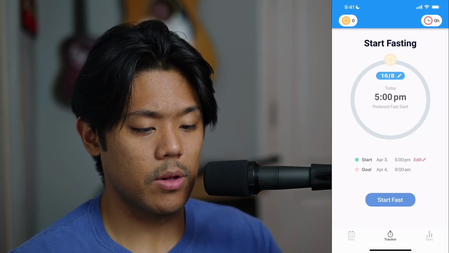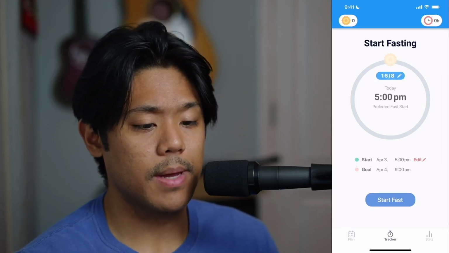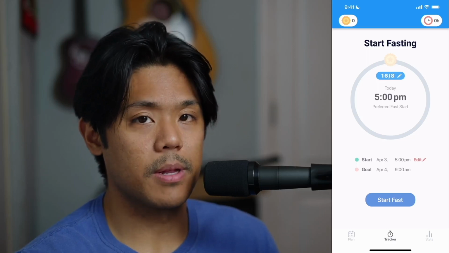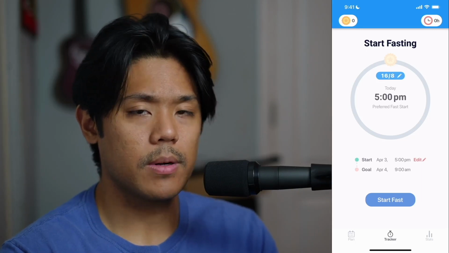Alright, I think that's about all we need to know. Now, what do I like about the app? Well, as per usual, I do like the fact that the app is pretty minimal. I also like that it only shows you everything that you need to know and isn't so crowded and messy